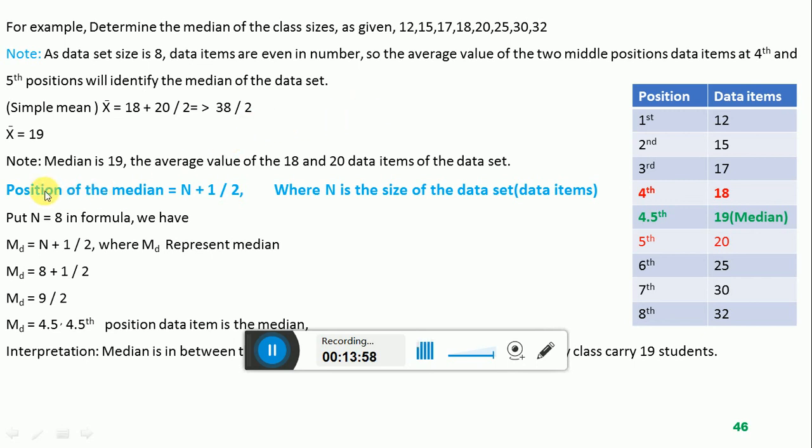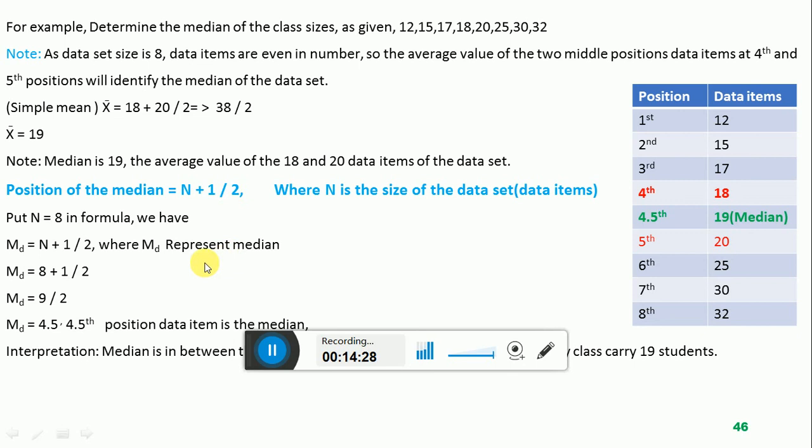Now again we are using an alternative way to identify the median for the given data set by using a formula. The position of the median is equal to n plus 1 whole divided by 2, where n is the size of the data set, the data items, the sample size. So we will put the sample size 8 in the formula. This is the formula: MD is equal to n plus 1 whole divided by 2, where MD represents the median position